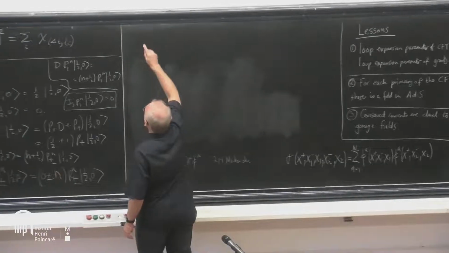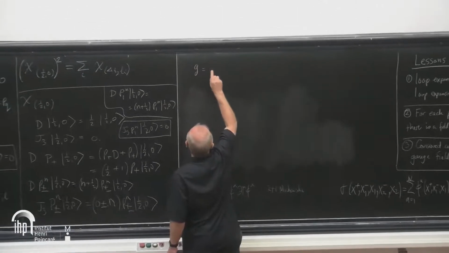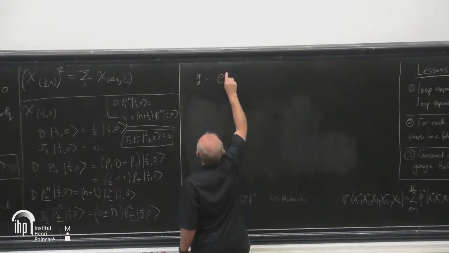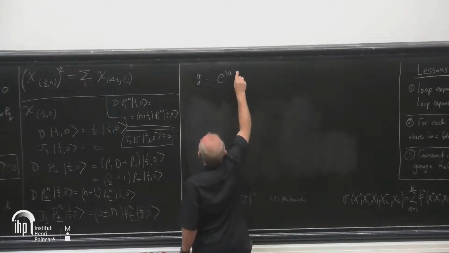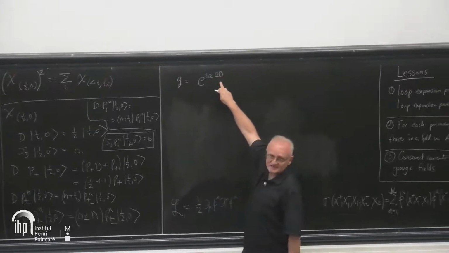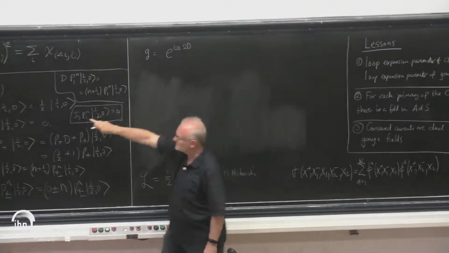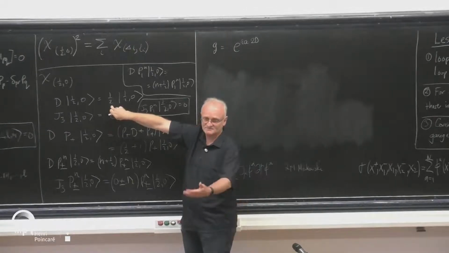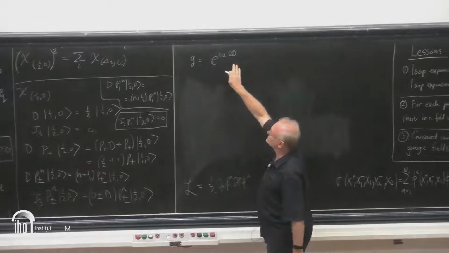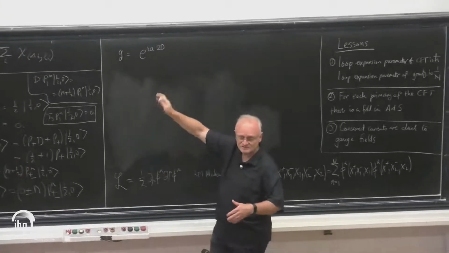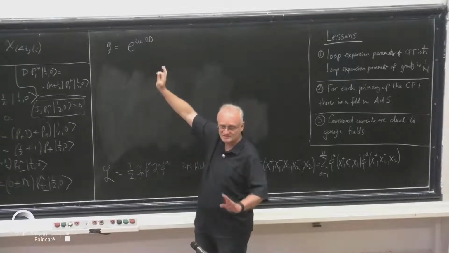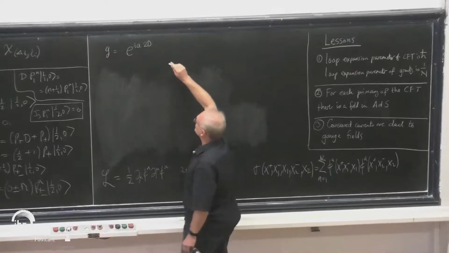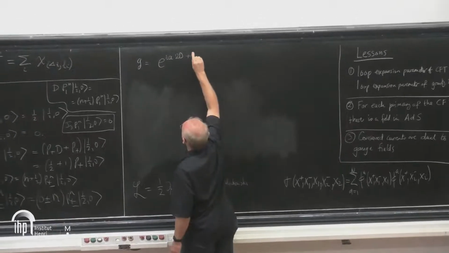So the group element that we're interested in, G, will be e to the i, let's call it A, I'll write 2D. The reason why I'm taking 2D is that you can see that D's eigenvalues are always half integer, so it's like a half plus some integer. If I have 2D, then I've always got an integer coming out. So that's just purely for convenience. And let's say plus iB